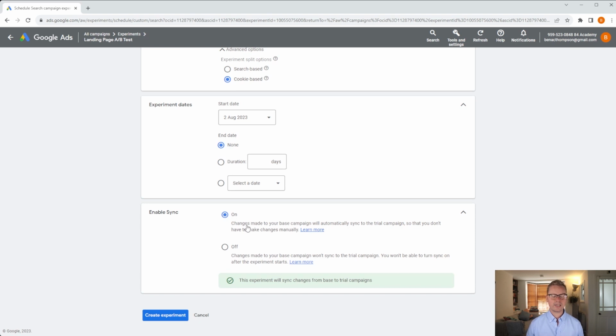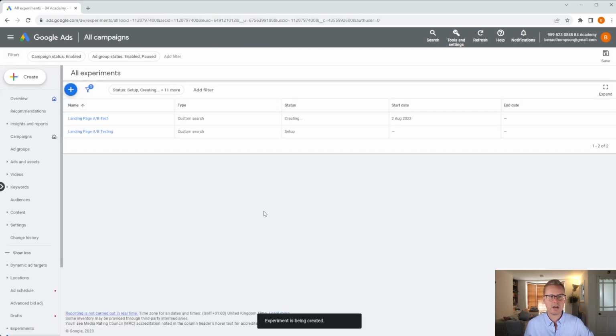I would keep this on. Again, you want to keep both campaigns identical. So any changes like negative keywords or bid strategy changes that you make to your control or base campaign, or original campaign, whatever you want to call it, you also want to apply those to the experiment throughout the course of this experiment itself. Last but not least, just click Create Experiment and you'll see it here, landing page A/B